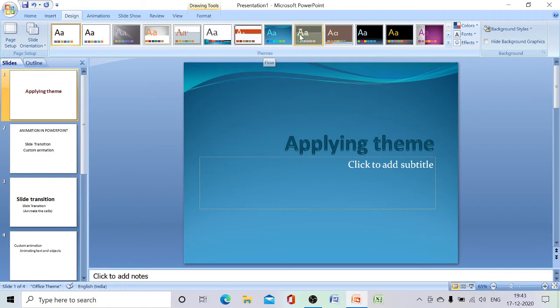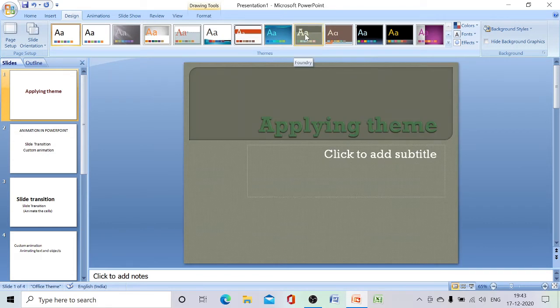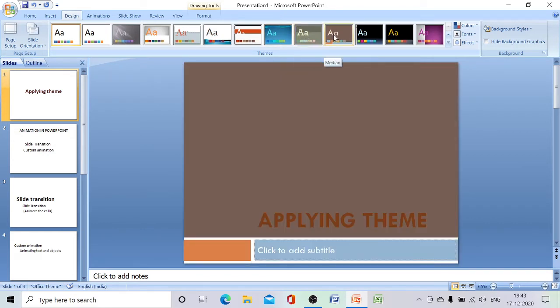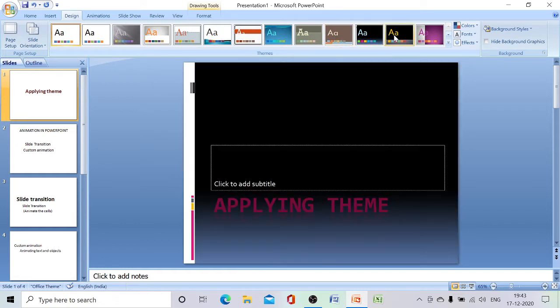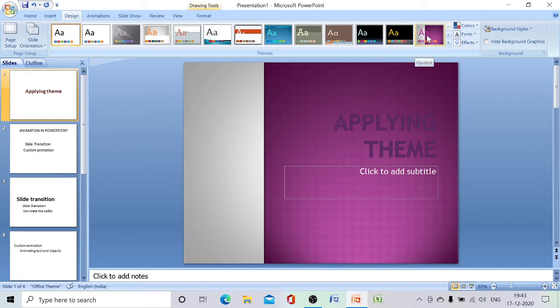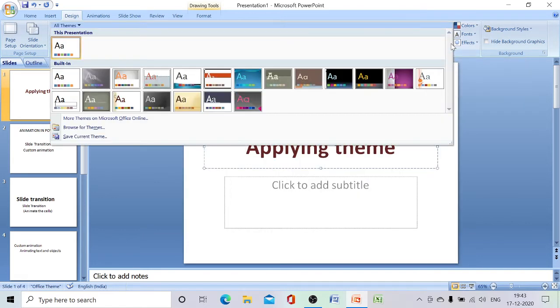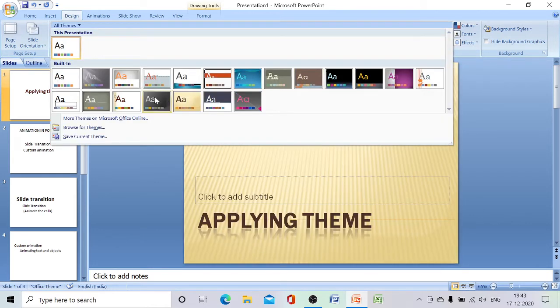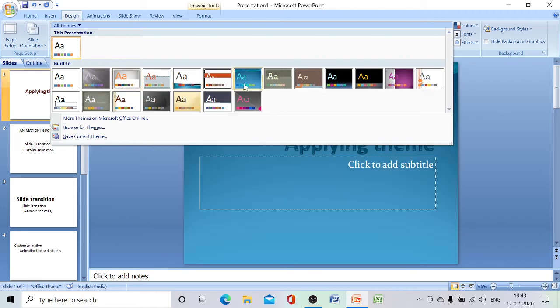See, simply we can keep our mouse on the theme, so the theme or design of the slide is changing, right? So based upon our requirement we can make changes. So here more option is there. From this we can choose any kind of theme for our slide.